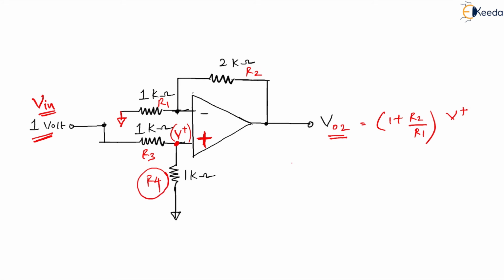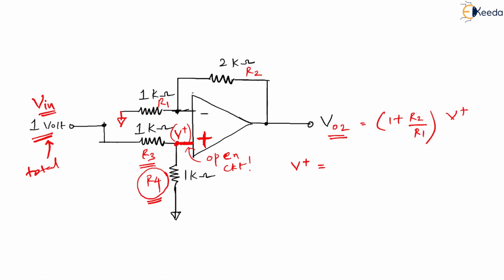So here my aim is first of all to calculate V plus. And how do I calculate V plus? It is very simple. R3 and R4 are connected in series. There are some people who will object here: no sir, R3 and R4 are not connected in series because there is a connection over here. Let me tell you, in an op-amp we believe that the internal resistance is infinity, so this is actually considered as an open circuit. If this is considered as an open circuit, then R3 and R4 are connected in series, and if they are connected in series, I can apply the voltage division rule.